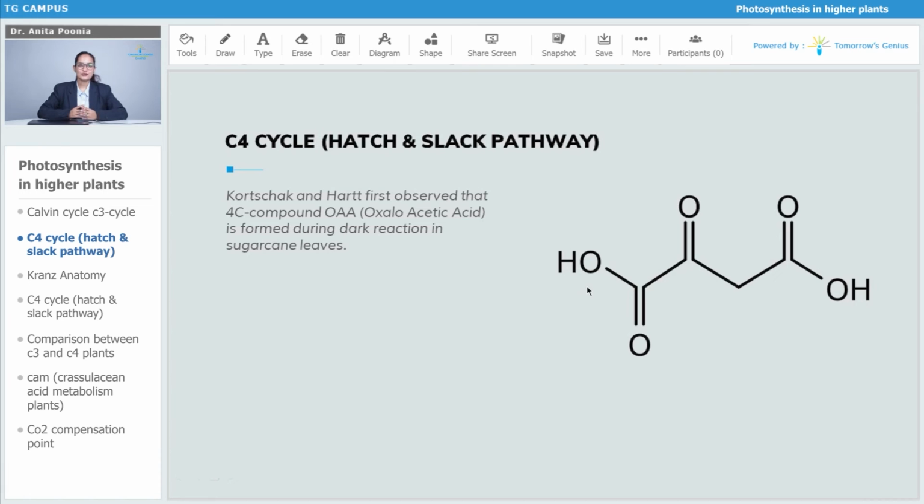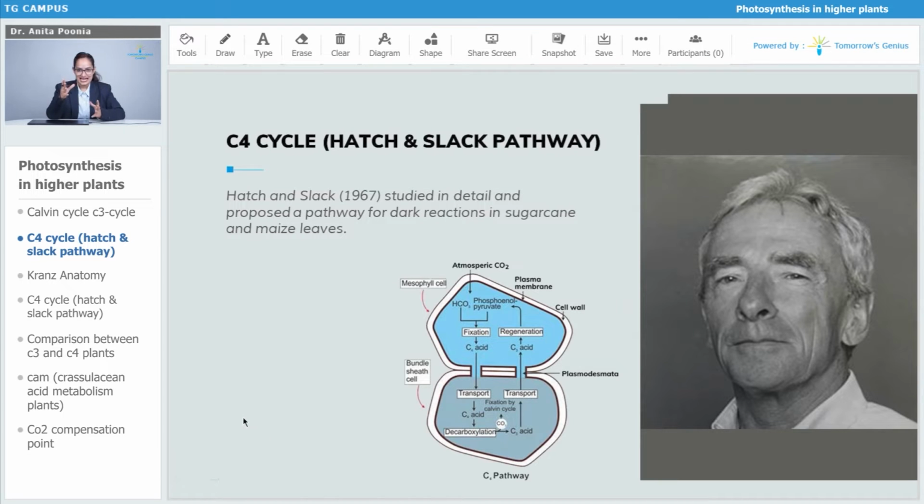So now we will start with the C4 cycle, which is also known as the Hatch and Slack pathway. Let us talk about that. Kortschak and Hatch first observed that there are 4 carbon compounds, that's OAA, the oxaloacetic acid, which is formed during the dark reaction in the sugarcane leaves, right? Now, Hatch and Slack in 1967 studied in detail and proposed a pathway for this dark reaction in the sugarcane